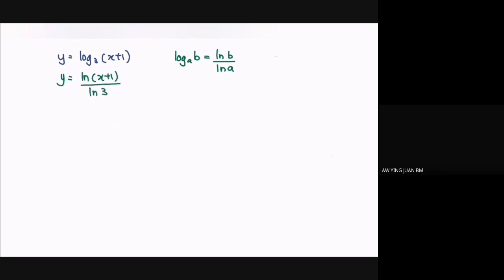So differentiate the situation, we have y prime is equals to 1 over ln 3, where ln 3 is a constant. Differentiate the ln, and we will have 1 over x plus 1. Do remember to differentiate the internal function, and we will have 1. Rewrite the